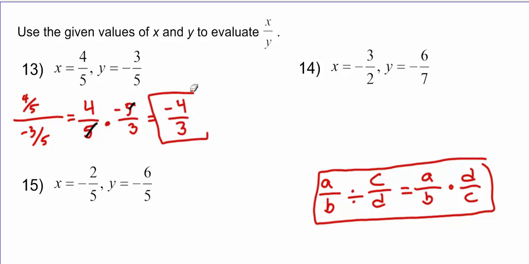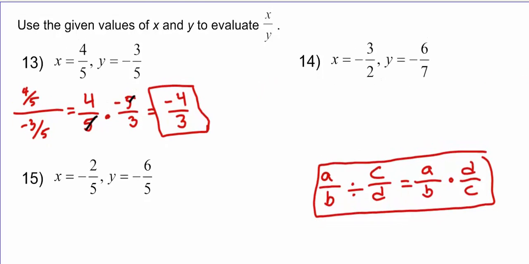Dividing by fractions, it's kind of a hard concept for us to think about in our brains because we don't have a lot of real life applications necessarily, but it's really not too complex when you actually get down to it. Like, what do you have to do? So let's try another one. Number 14, x is negative 3/2, so that's in my numerator, and then my denominator is negative 6/7. Now notice here we have a negative divided by a negative. That's going to give us a positive, so I'm basically just going to get rid of the negative symbols right here,